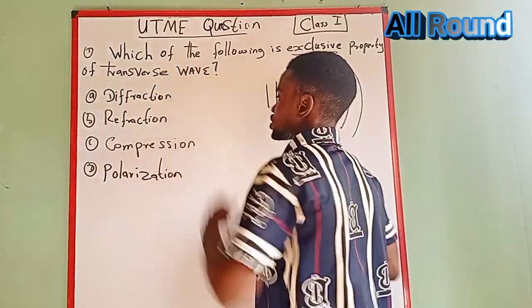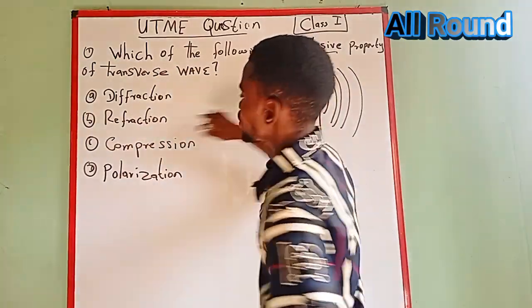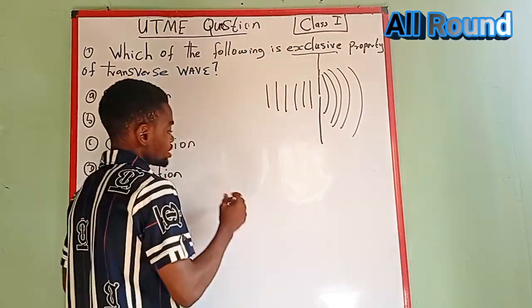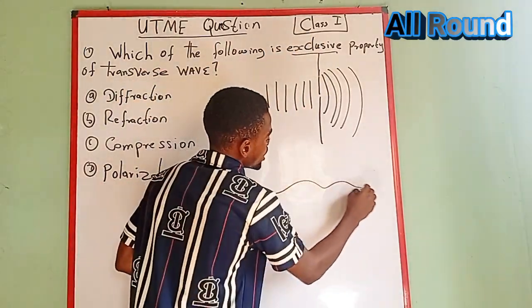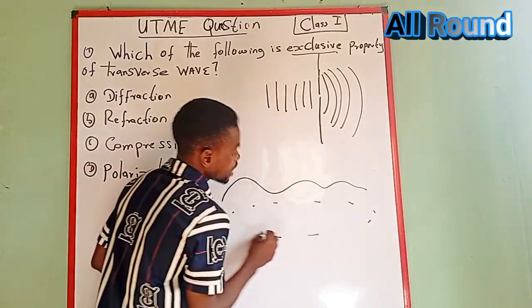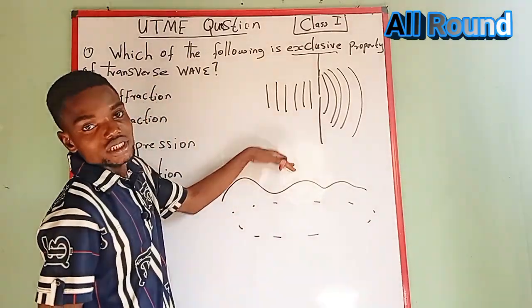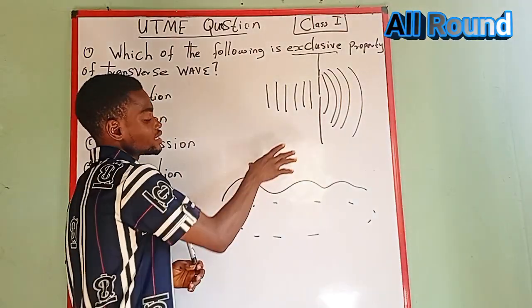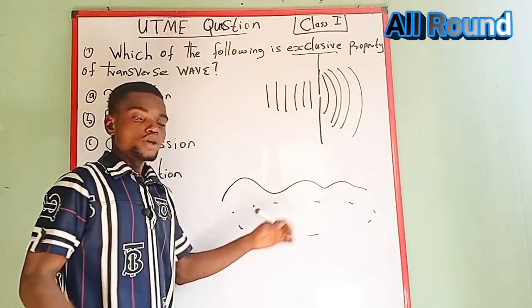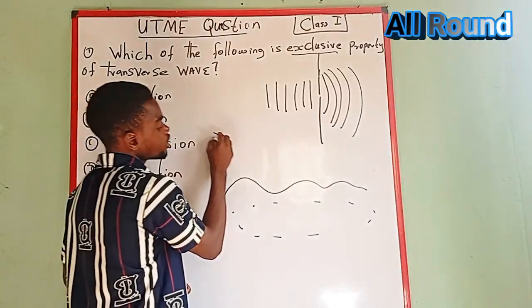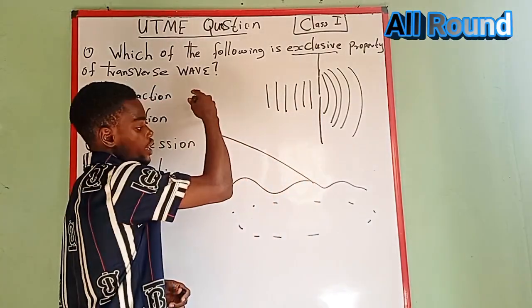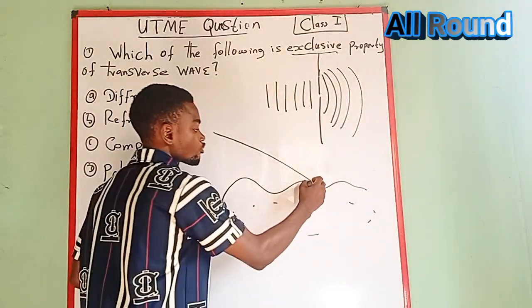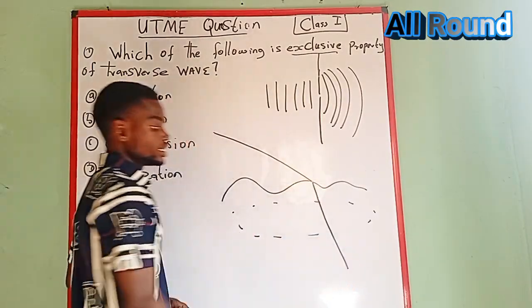Now, what about refraction? This one is refraction. Refraction has to do with two media. Let's say this here is water, the water medium, and this becomes air as another medium. Now, air is less dense than water. So, for instance, if a wave is passing from air to water, there is going to be a shift in the wave direction in this form.